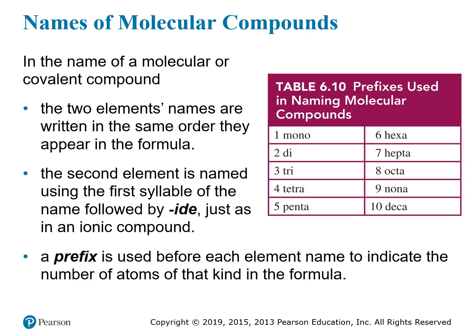In the name of a molecular or covalent compound, you'll see the names of the two nonmetals written in the same order that they appear in the formula. So the least electronegative element name will appear first, and then the more electronegative will appear second. And just like in an ionic compound name, the second element given has the ending changed to -ide. So you just keep the first syllable of the element and you change the ending to -ide. So just like with ionic compounds where you have oxide and fluoride and sulfide,